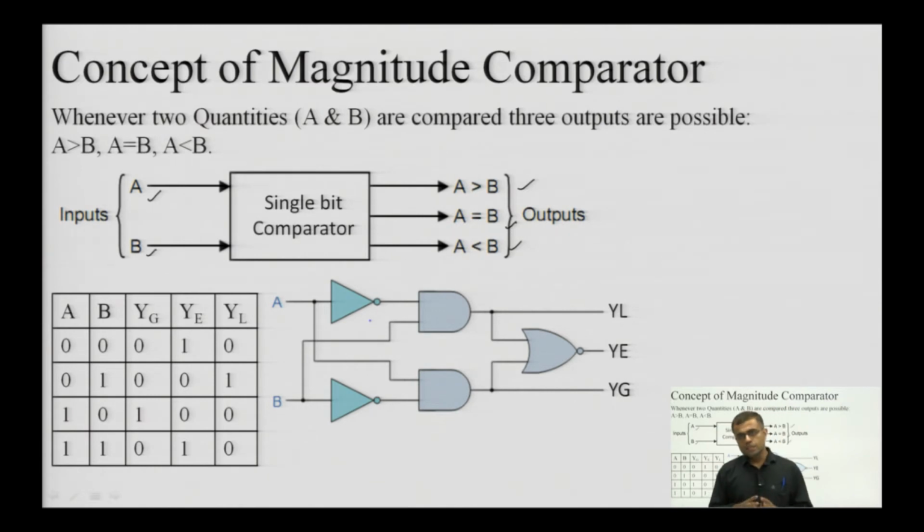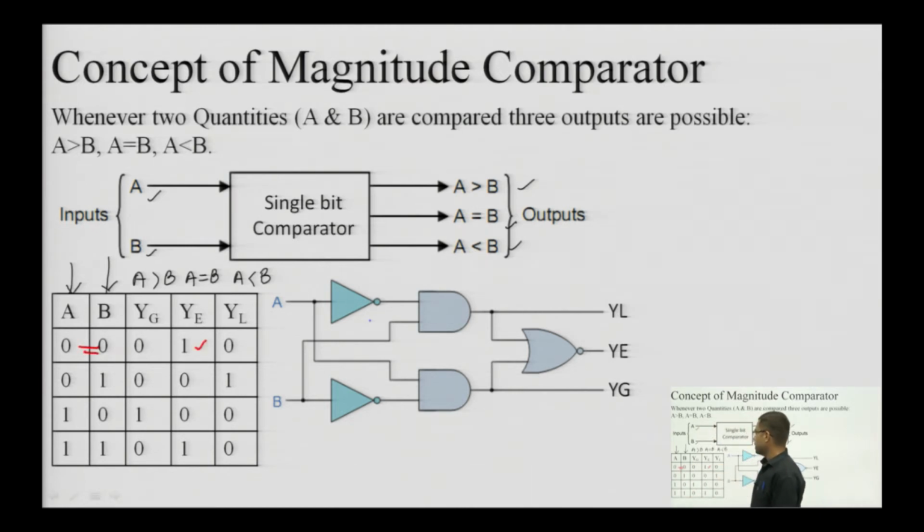To design a larger size comparator, first we have to understand the minimum possible comparison, that means the 1 bit comparator, where both the numbers being compared are single bit numbers. So, we can see that A is a single bit number and B is another single bit number. So, both are compared to decide whether A is greater than B, A is equal to B, or A is less than B. So, all these possibilities are considered. So, in the first row we can see that both are equal. So, A equal to B.